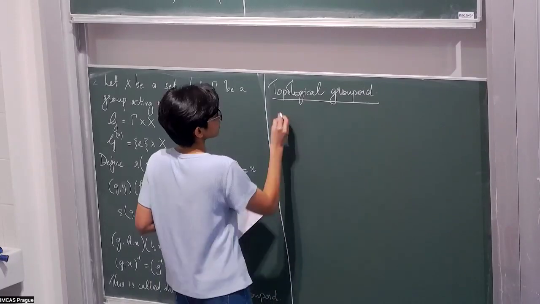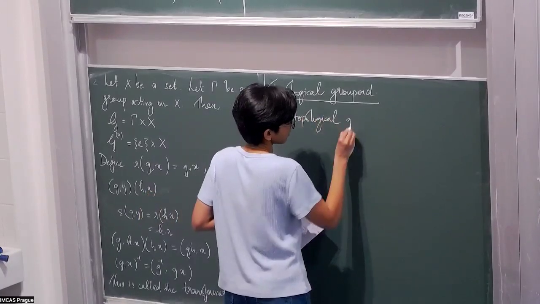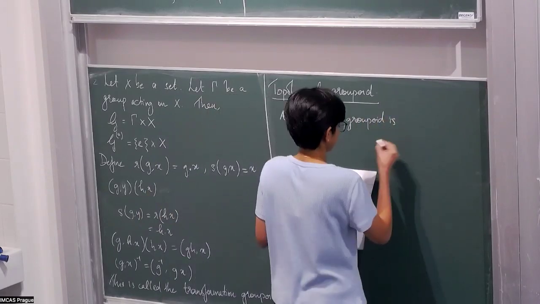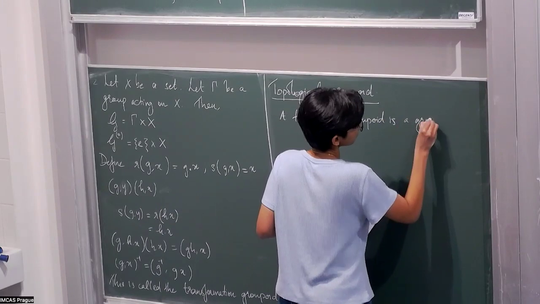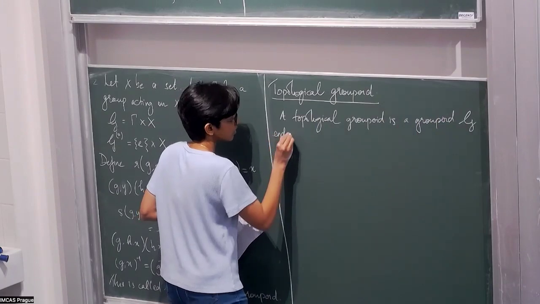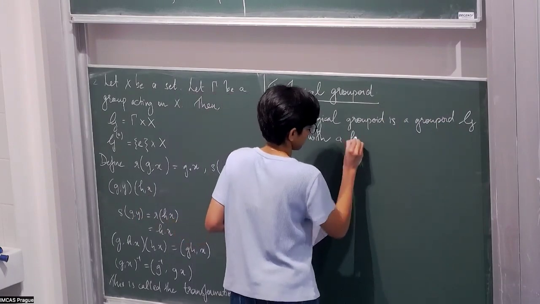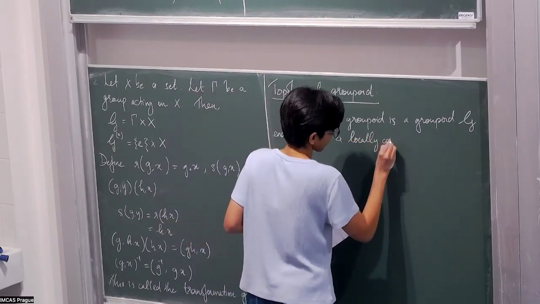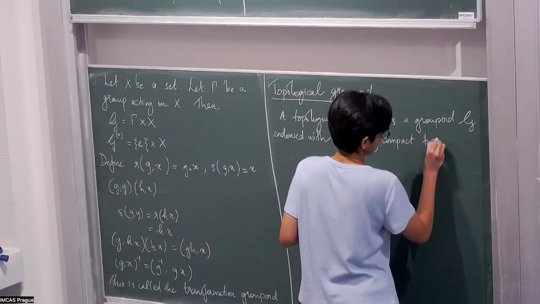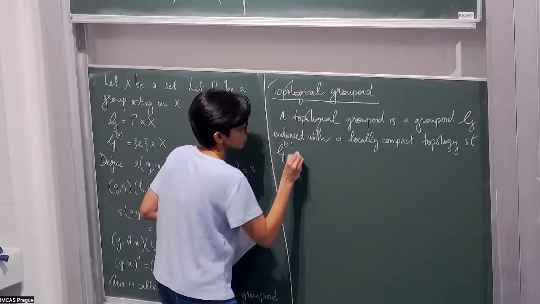So a topological groupoid is a groupoid G with a locally compact topology such that the unit space is Hausdorff